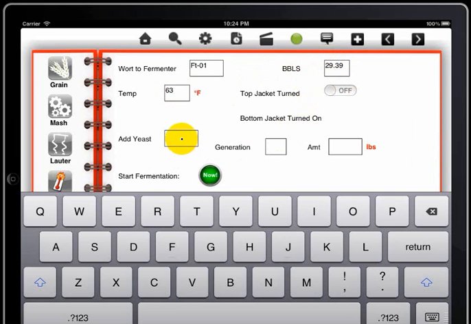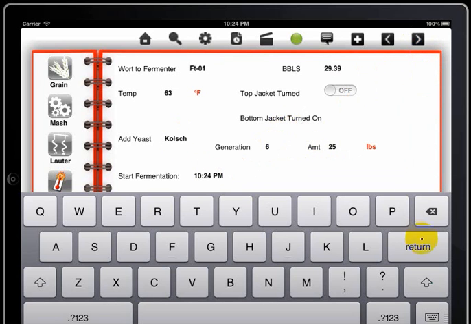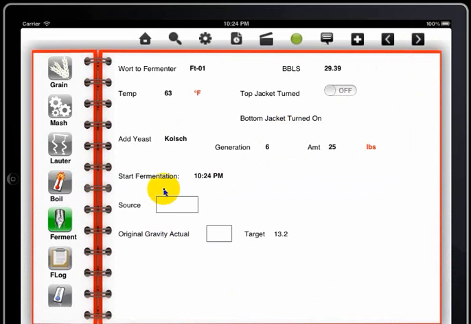You can add the yeast, specify its generation, and the amount in pounds, and specify when you start fermentation by clicking on the now button, and then you indicate the source